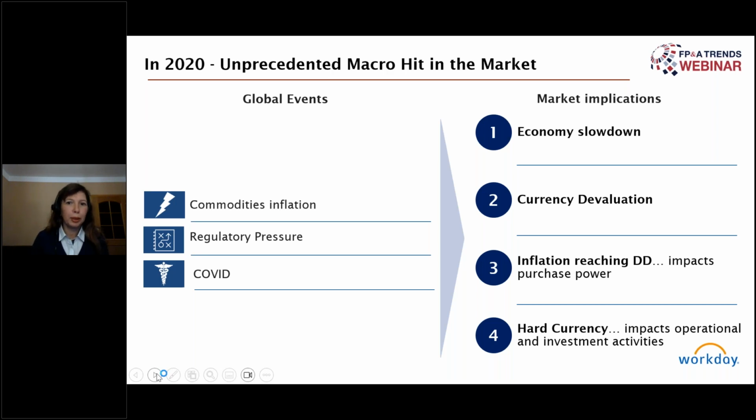At that time, I was responsible and accountable for Central European markets, and a number of global events had impacted them big time. So at the end of 2019, the market experienced big double-digit commodity inflation, which hadn't happened in the past 15 years. Also, the governmental authorities were putting a bit more pressure on businesses like ours, namely implementing sugar taxes, which would change the price to the consumer. And all in all, after all that, COVID happened, which impacted every aspect of the life and business of people